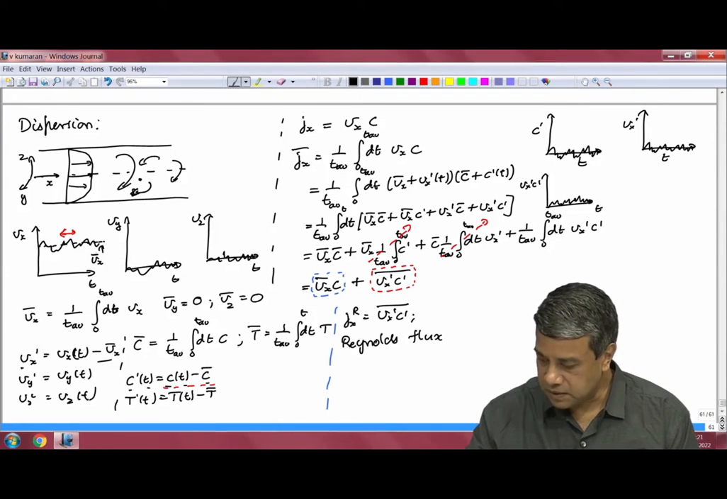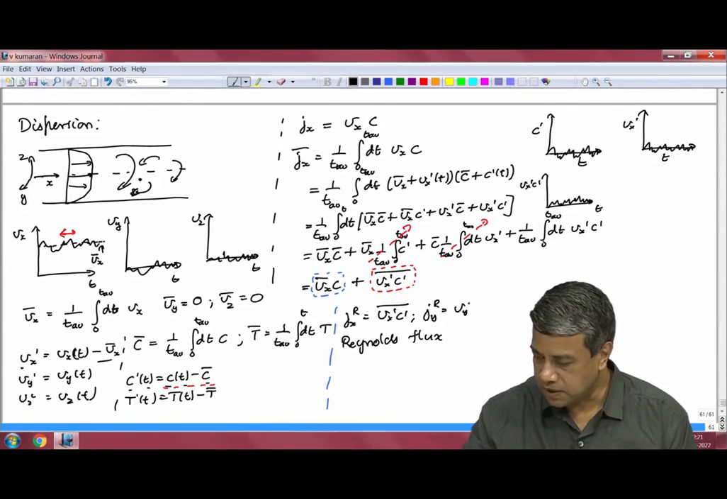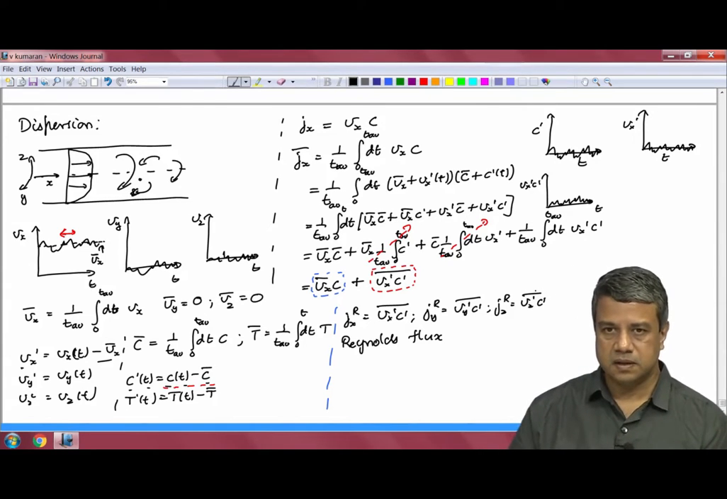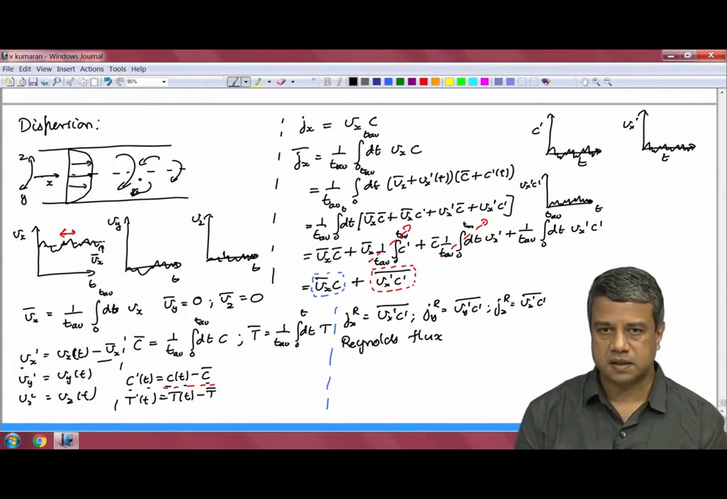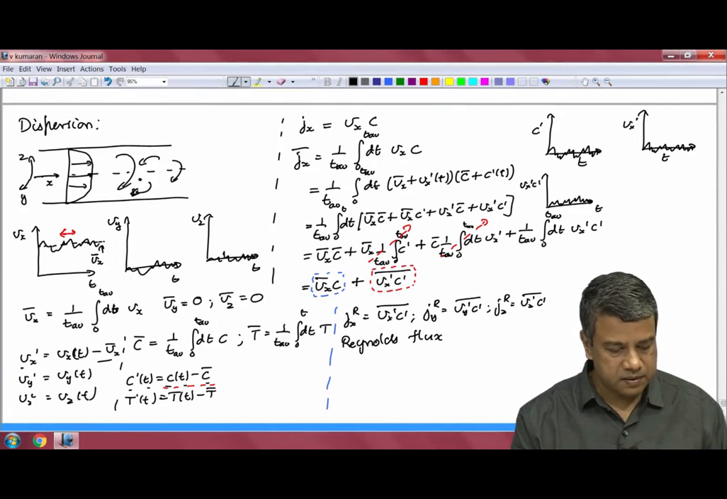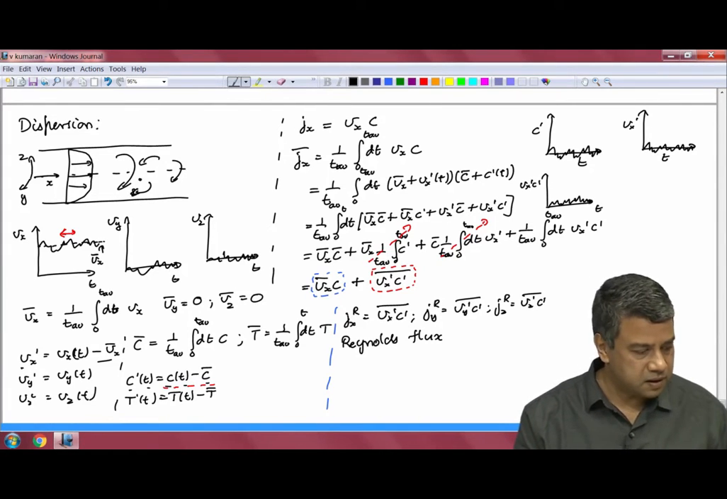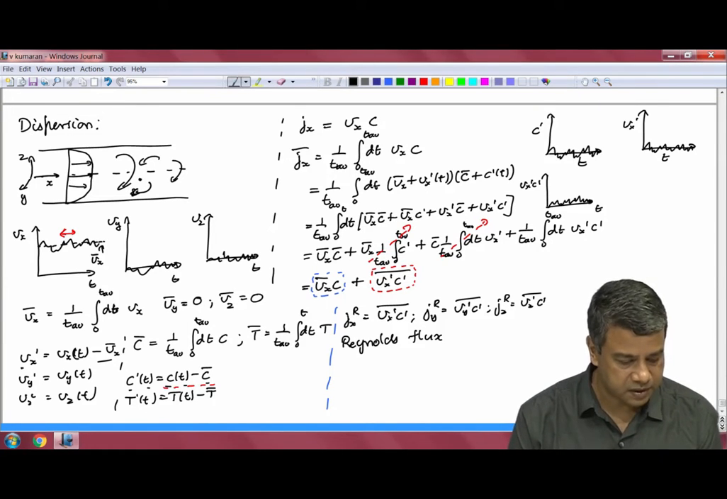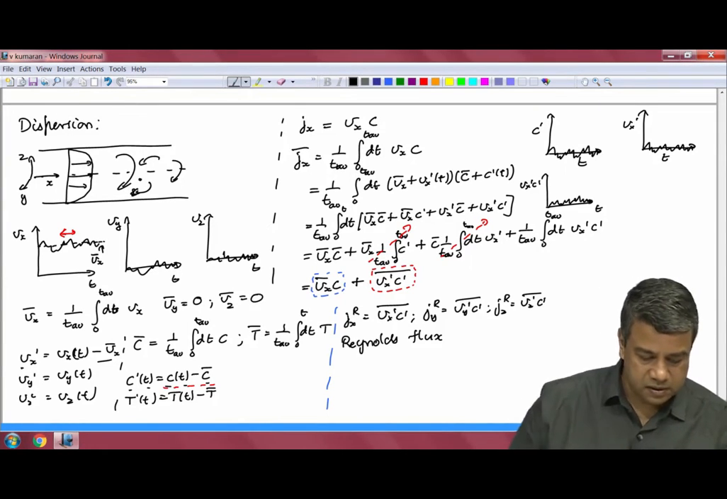The Reynolds flux in the y direction is equal to Vy prime C prime average, and that in the z direction is equal to Vz prime C prime average. So these are the Reynolds fluxes in the three directions. And in a similar manner, you could have thermal fluxes as well. The Reynolds flux for temperature is going to be equal to